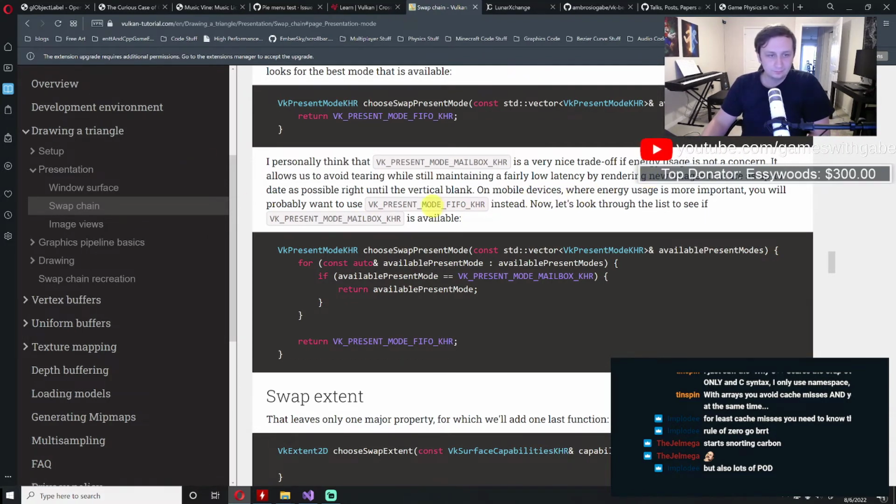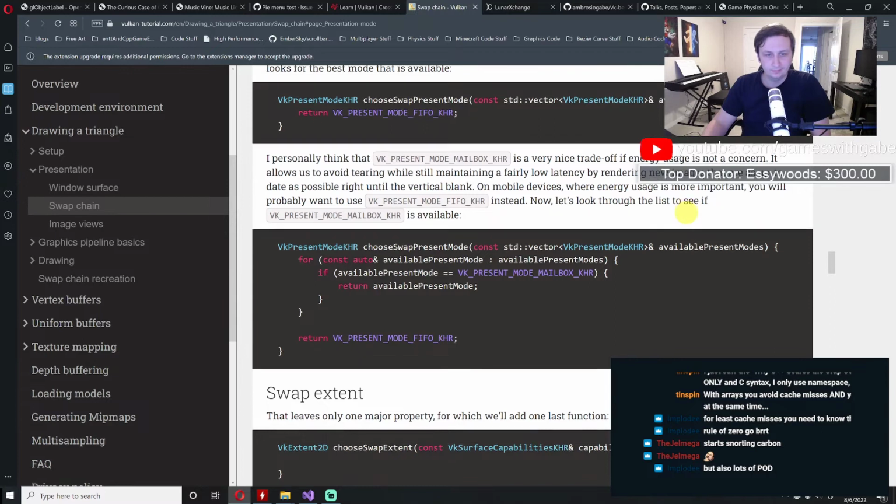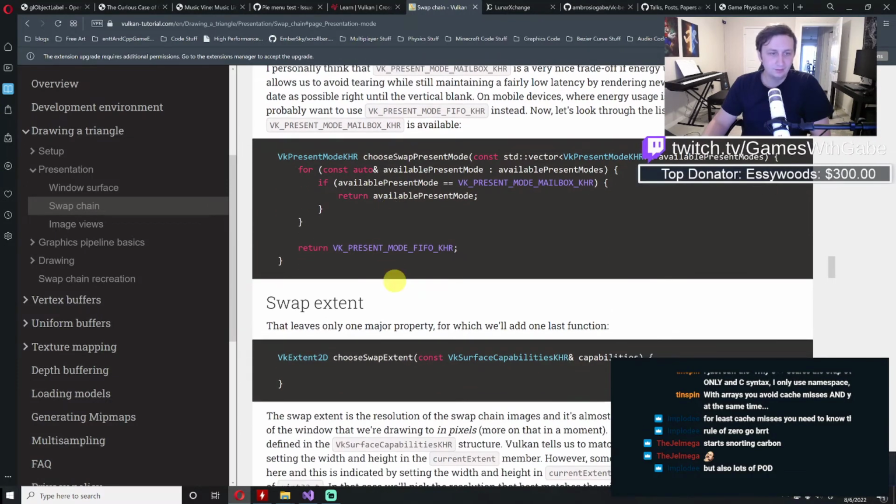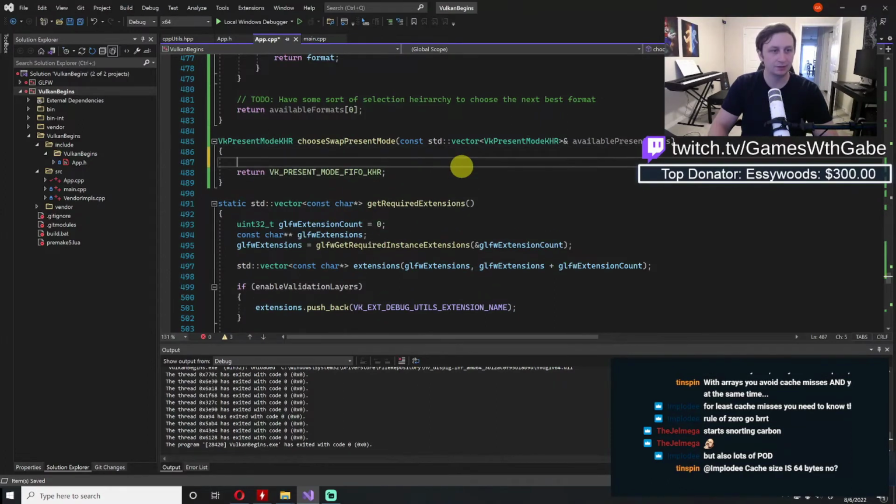On mobile devices where energy usage is important, you'll probably want to use FIFO. Okay, so we're going to do mailbox. Otherwise, we stick with that. Makes sense. So we'll say for